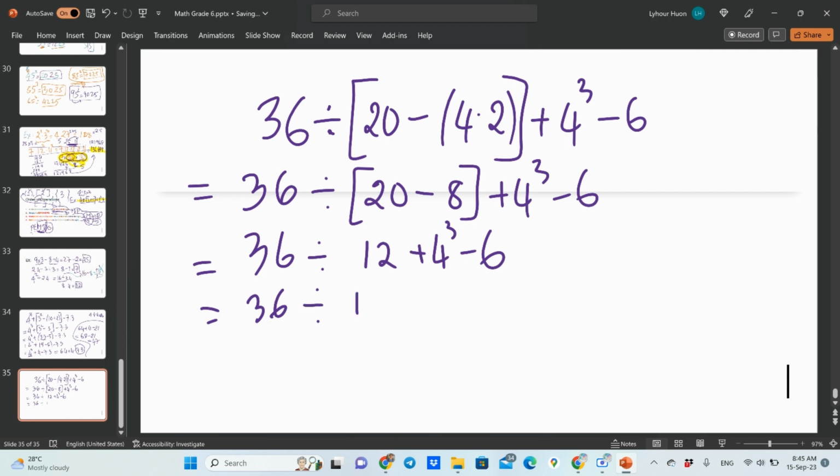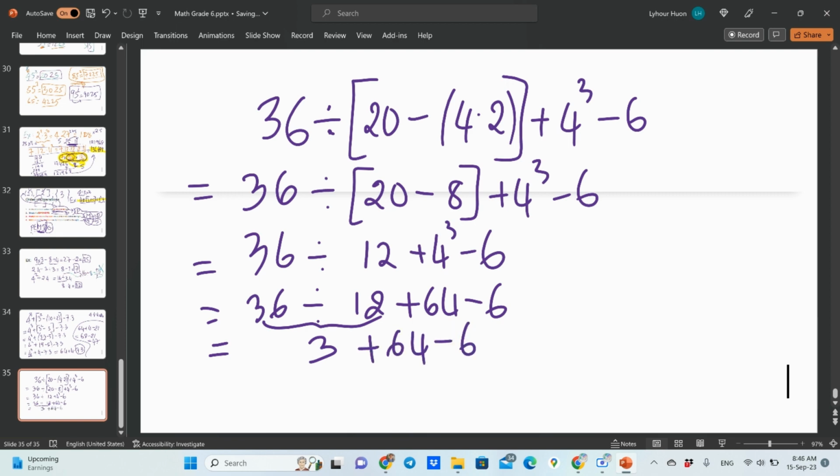Plus 64 minus 6. Now, do we have multiplication or division? Division, so it's 36 divided by 12, which is 3. So 3 plus 64 minus 6. From left to right, 3 plus 64 is 67, minus 6